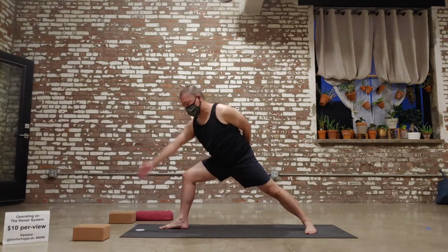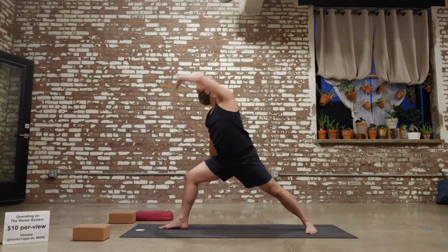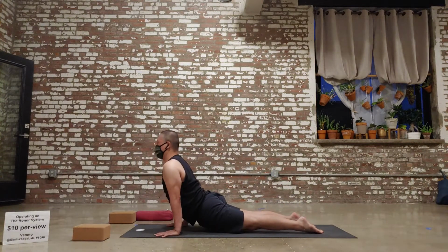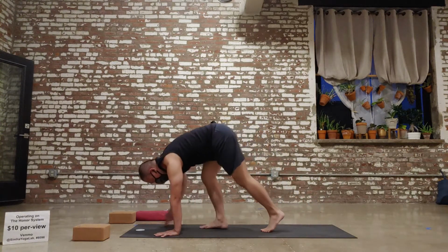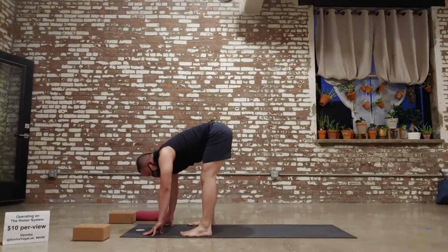Release, inhale, come up. Reverse warrior, hands to the floor, right foot stepping back, plank. Inhale, one breath, exhale, chaturanga. Inhale, up dog. Exhale, down dog. Walk your feet forward towards your hands, come into a standing position, separating your feet about mat width, and then